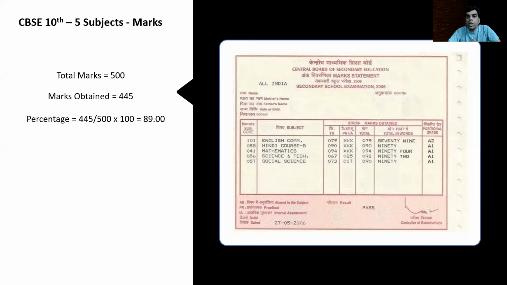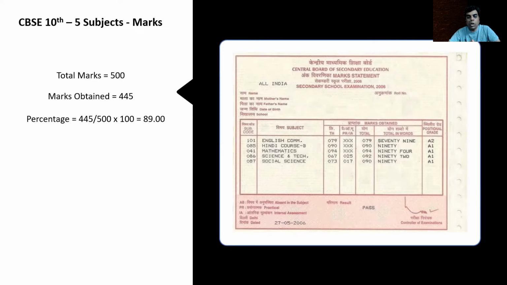I'm making this video because I got a lot of queries after I put up my first video regarding the 10th academic criteria. So I'm going to make this very quick because we're not going to take more than 2-3 minutes to finish this video. I'm also going to take you through 4 different kinds of patterns of scorecard or mark sheet that you can look at for 10th standard and how for each one of them you will fill up the score.